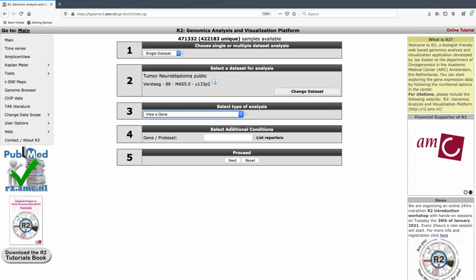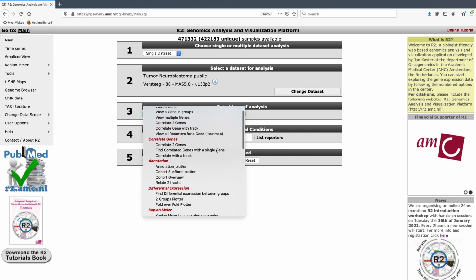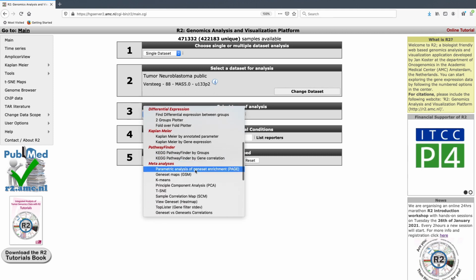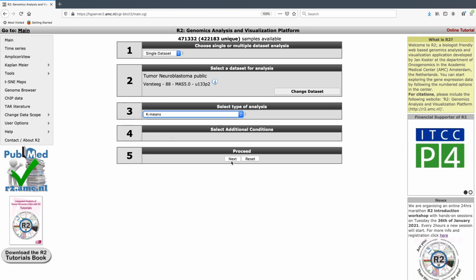In this module, we're going to be looking at using gene signatures and creating signature scores. To start with, we're going to be using the neuroblastoma dataset consisting of 88 tumors, and we're going to look at an analysis called the K-means or K-means clustering. So if you select under type of analysis and go down to meta-analysis, we're going to select K-means and click